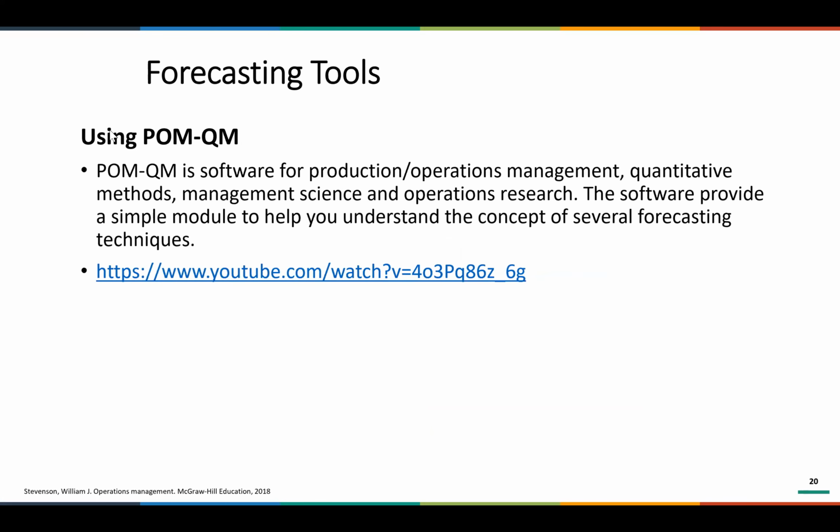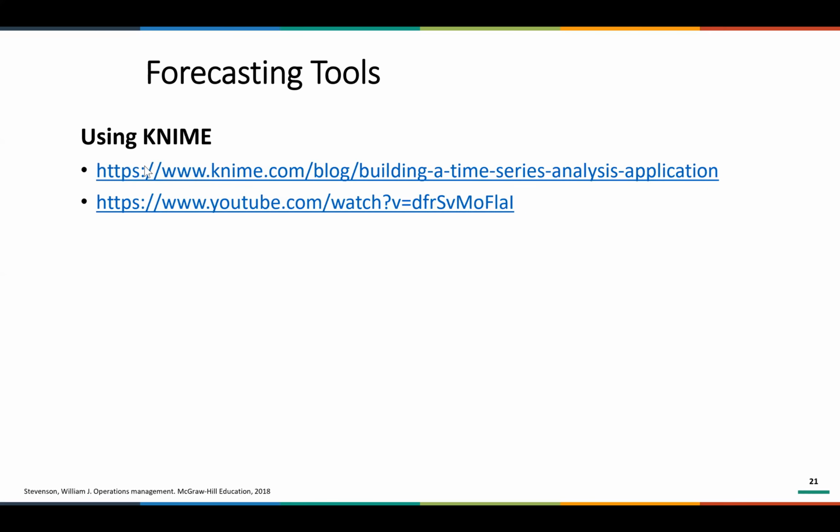And there is another software called POM-QM. This is also recommended by Operations Research books. The software is free, I guess, for the older version, so I think you can download it as well. And finally, this is another tool that I want to introduce to you, but maybe next week is better: KNIME. It's also connected, if you later want to explore a data mining or data science approach without the ability to code. So this is a great tool that you can try.